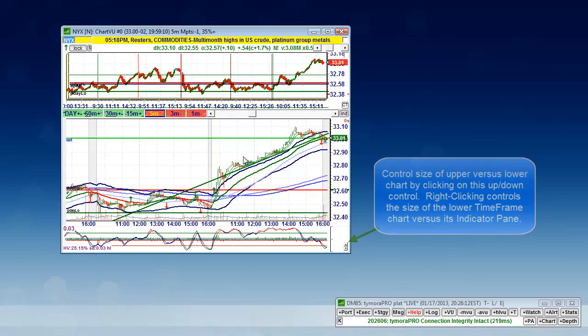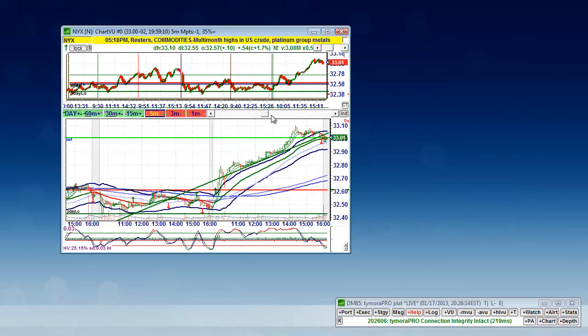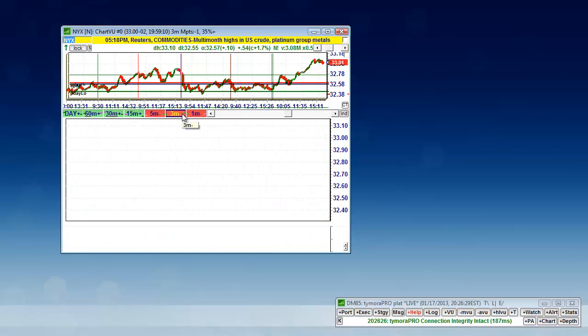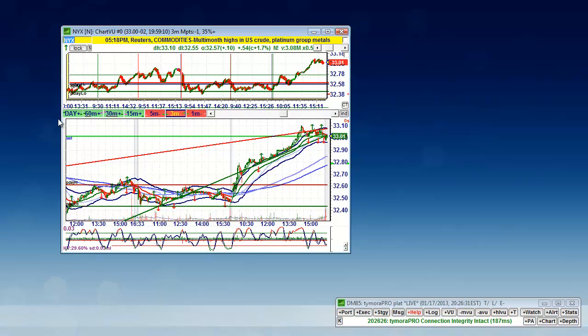The bottom chart is more what you're probably accustomed to from other programs. It's a time frame chart, and here we see all the different time frames that you can choose from, daily all the way down to 1 minute, and we can change those time frames simply by clicking a different time frame. With a single glance, you also know how the asset is trading on each of those